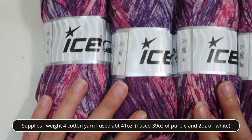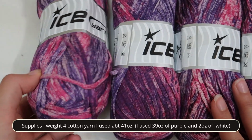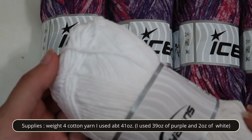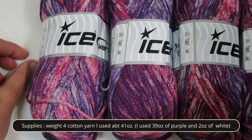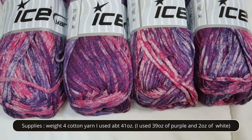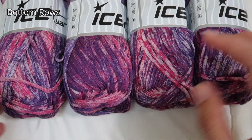For this tutorial, I will be using weight 4 cotton yarn, and for the main part of the dress, I am using this gorgeous sort of purpley pink yarn, and then for the top part, I will be using this white yarn, but you can use as many colors as you want to, and you can switch colors whenever you want to. So I'm using weight 4 cotton yarn, and then I will also be using a 5mm crochet hook. So I'm going to go ahead and get my first skein of yarn, and let's just go ahead and get